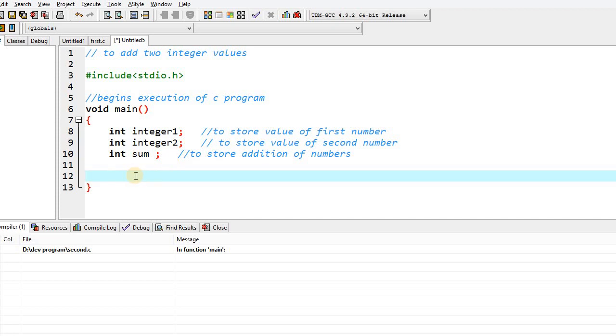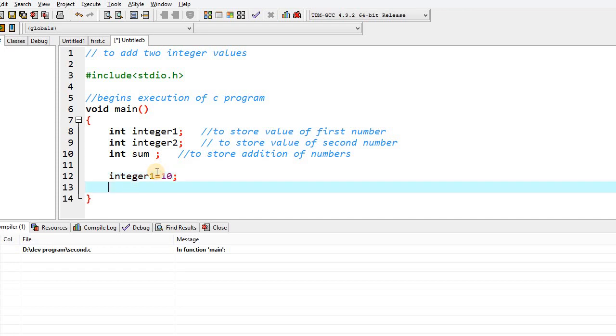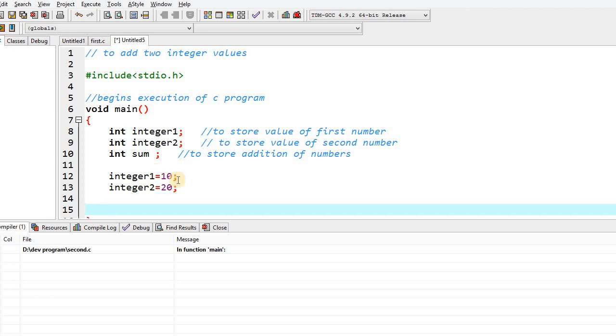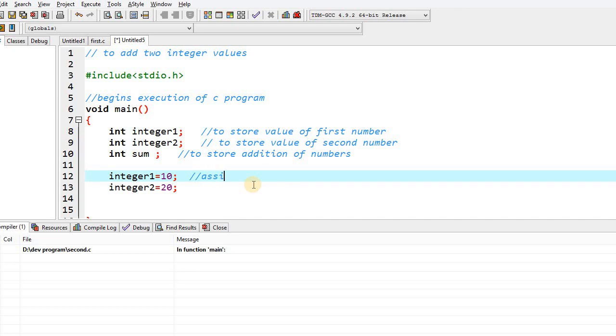So first we will take static values, that is integer1 equals to, let's say, 10. After that integer2, let's say it is 20. So over here we have assigned values to our variables.